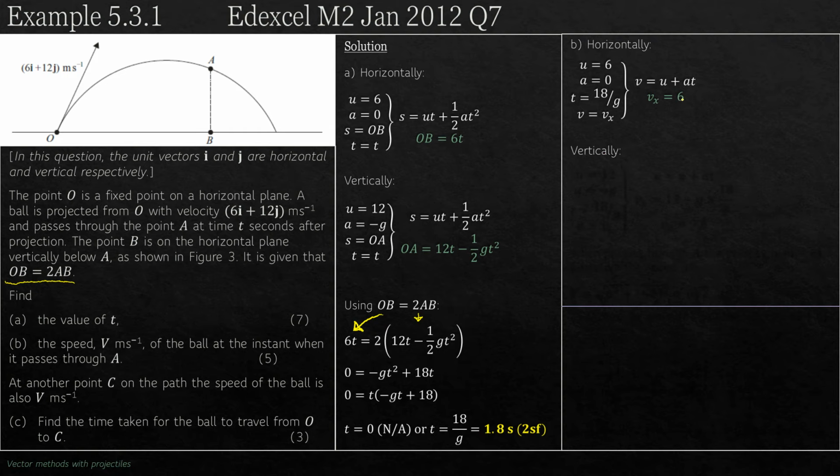So here we have Vx is 6. We knew that already because horizontally there's no acceleration. So if the initial horizontal velocity is 6, then it'll be 6 for the whole journey. But that proves it. Working vertically,